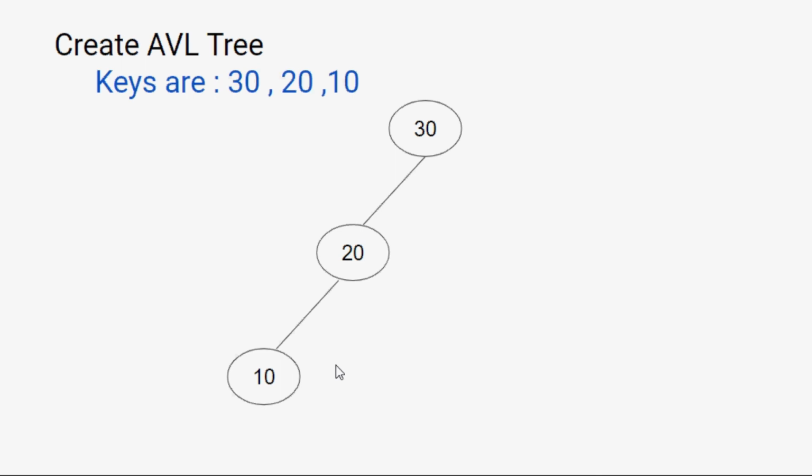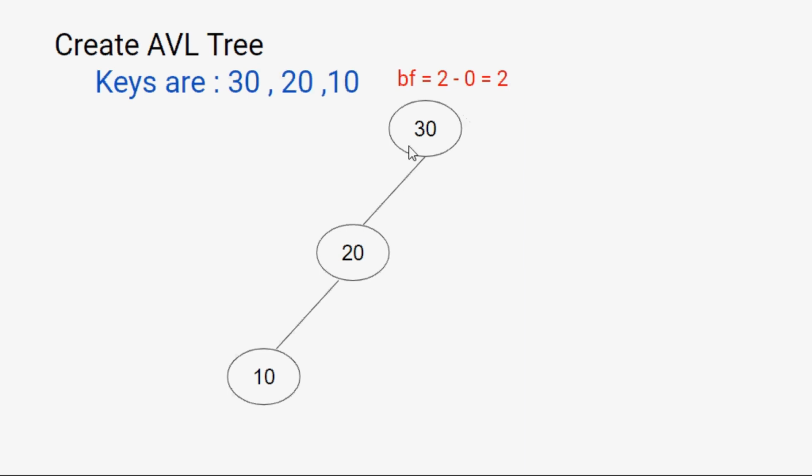First of all, we calculate the balance factor of the root node, which is 30. As we know, the balance factor is the height of the left subtree minus the height of the right subtree. How do we calculate the height of the left subtree? I have told you in the previous example also that it is the longest path to reach the leaf node. Now what is the longest path? This is edge number 1 plus edge number 2, which means the longest path of the left subtree is 2, and there is no child on the right side, so it is 0. So the balance factor comes out to be 2.